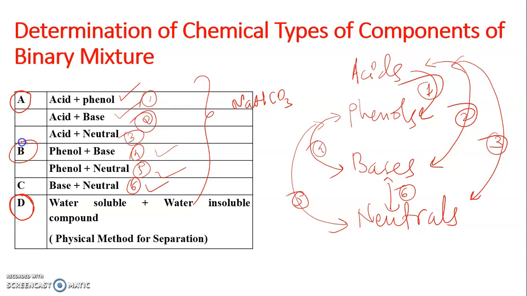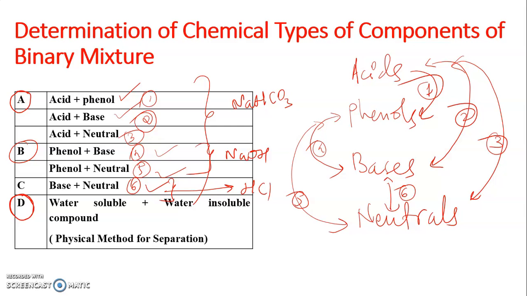Now then, second is the B class of binary mixtures having two types. Phenol is there as the first component. We are going to separate by using sodium hydroxide. And then last, that is the sixth, we are going to use dilute HCl, hydrochloric acid, as the separating neutralizing agent. That means for the separation, mixtures are six types on the basis of their chemical type. But for the separation, how many procedures are we going to use? Three procedures on the basis of chemical type. For six mixtures, three procedures.